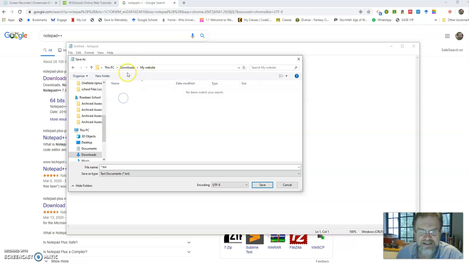So I'm going to click inside. So I'm now in my Downloads folder. I know where to find it, and it's My Website. And the document is always called index. So your home page is always called index. I would keep it lowercase. And when you go Save as Type, it must be all files. Okay, and it's called